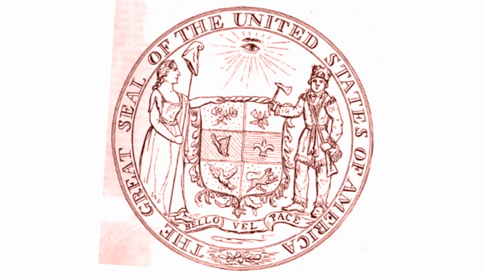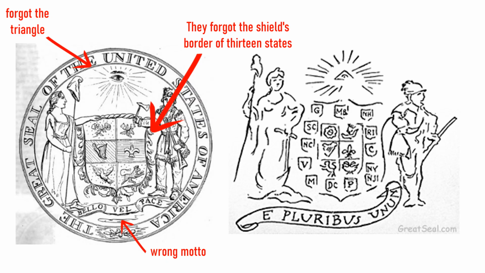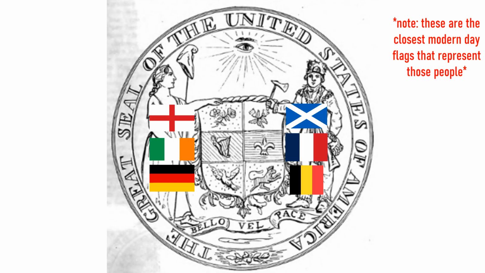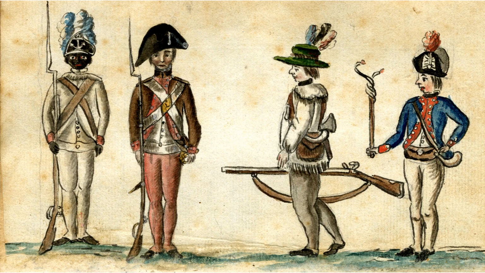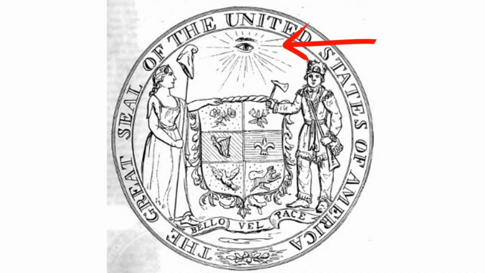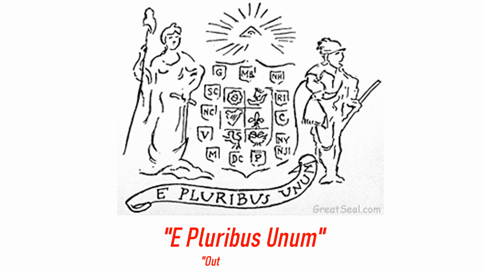The more refined 1856 realization is a little inaccurate compared to his original design, but I think it mostly communicates the important stuff. It is a shield, segmented into 6 parts, each with its own symbol representing the ethnic groups that they considered the most prominent. It is supported on one side by the Roman goddess Libertas, and on the other side by an American Revolutionary soldier. Above the emblem is the Eye of Providence, and the motto below them reads the 13-letter Latin phrase E pluribus unum, in English meaning, out of many,